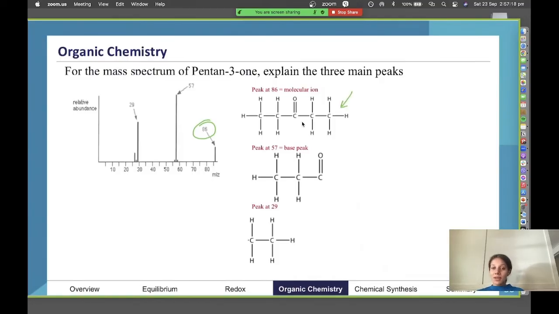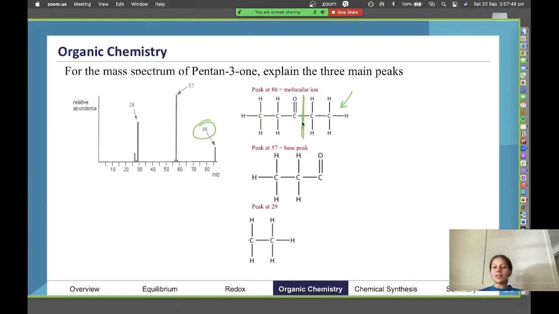Now for the base peak, that's when we've sliced up. So the process of mass spectrometry is that we take these molecules, bombard them with energy, and we basically split it up into lots of different pieces. So if we split up the molecule there, what's on the left forms our base peak, the most abundant peak. And we're always going to be splitting, by the way, along the parent chain. We never split off at weird angles. We always just split off pieces of the main chain like that.